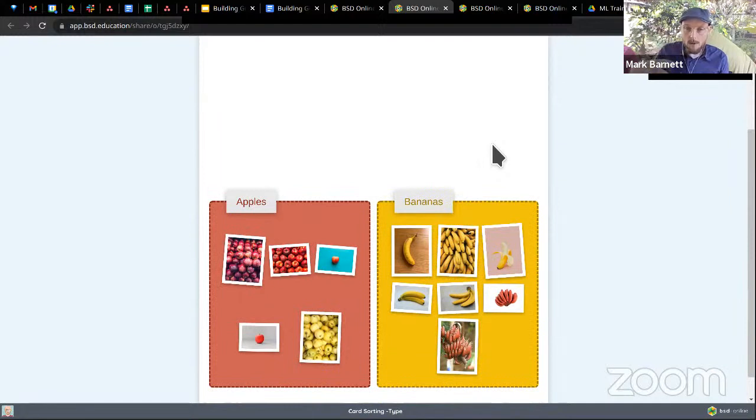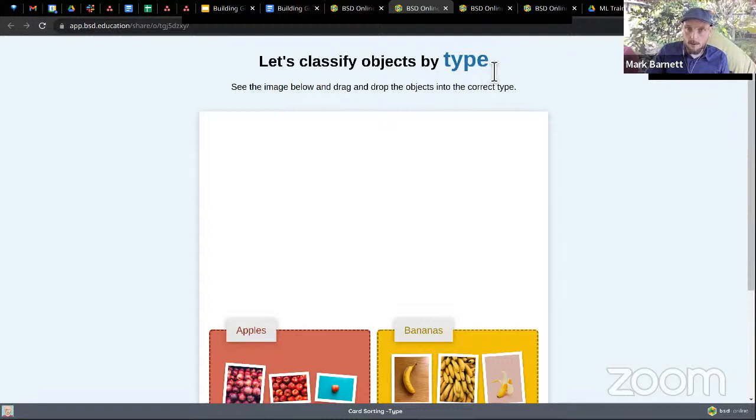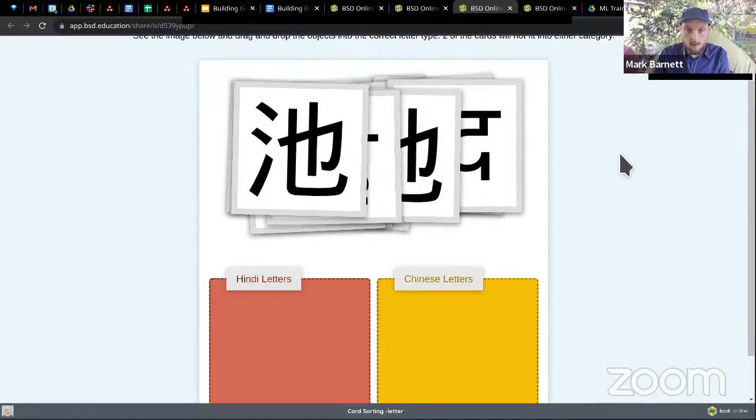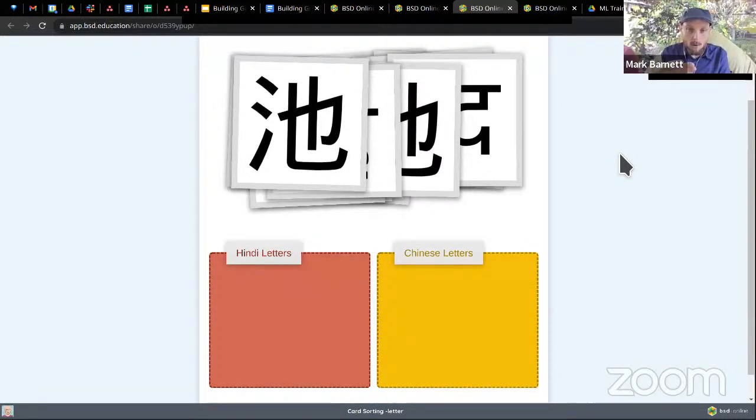So that's kind of what I'm trying to get you to understand: when we're classifying things, we need to look at all of the different aspects and all of the types of information about the object. The last activity isn't using apples or bananas, but I'm trying to expose maybe something that you haven't seen before. We all know what apples and bananas look like, but with these cards, we have a variety of Hindi letters and Chinese letters. So maybe some of you out there know Hindi, or you know these characters already, and that will put you at a disadvantage for this activity.